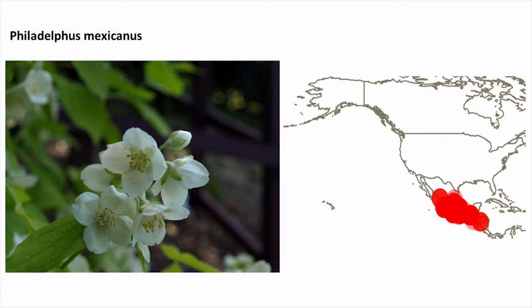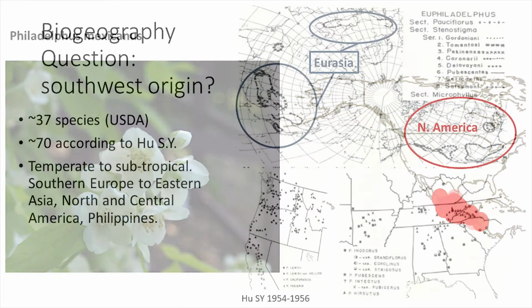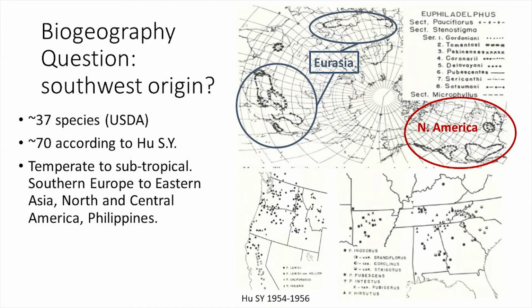There's another one that we used to have, actually. It's dead according to the records, but I thought I'd still talk about it because it does have a southwest distribution, particularly in Mexico. So we have Philadelphus mexicanus up here. While I'm showing you just these ones that come from the southwest, be aware that there is a global distribution of Philadelphus. So this is looking at the north. If you're looking above the North Pole, this is the Beringia land bridge between Alaska and Russia. And we see a high amount of species in the west.